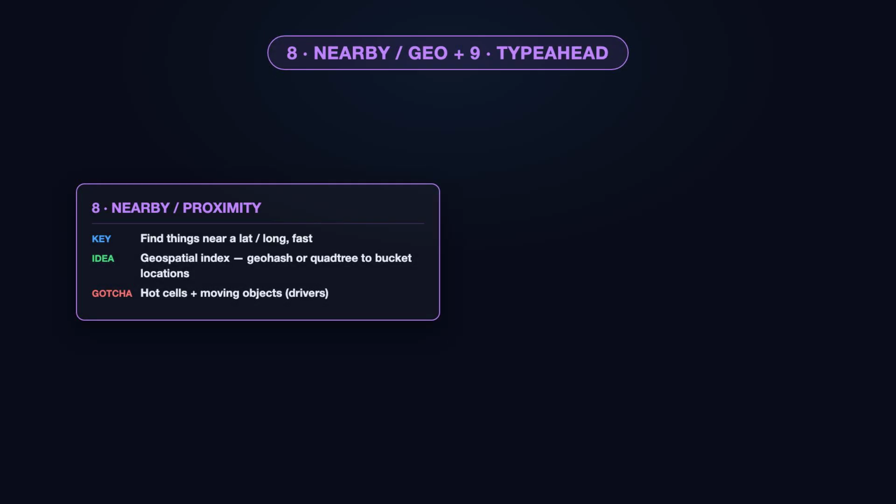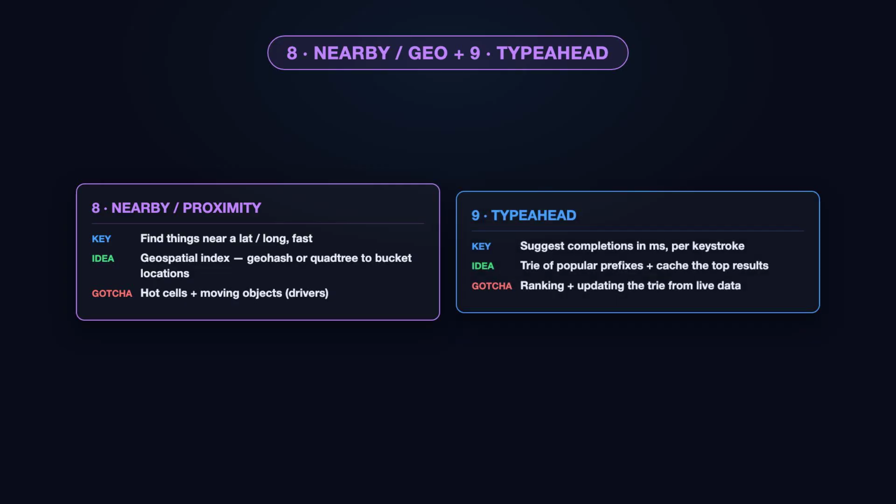Two more that both come down to one clever data structure. Question 8. Design a nearby, or proximity, service: Yelp, Uber, find things near me. The key requirement is, given a latitude and longitude, quickly return the objects within some radius. The core idea is that you cannot scan every location on Earth, so you index space itself with a geospatial